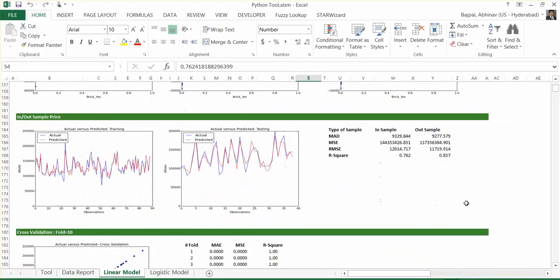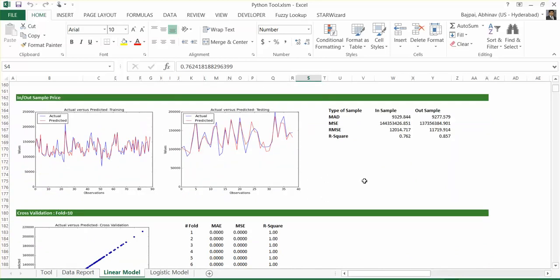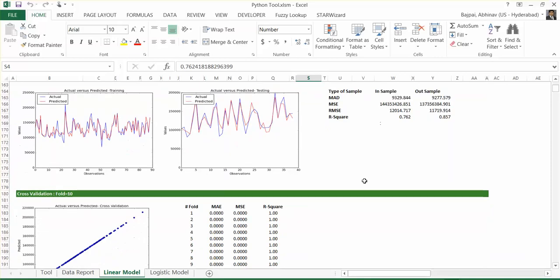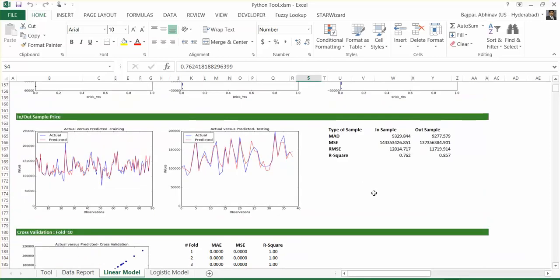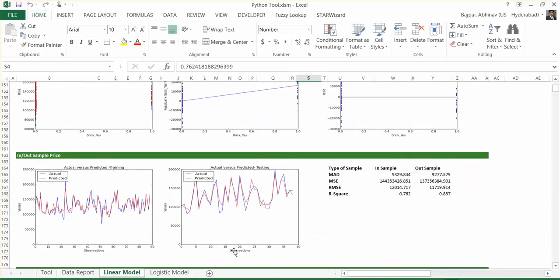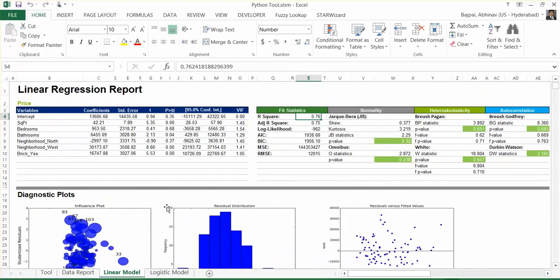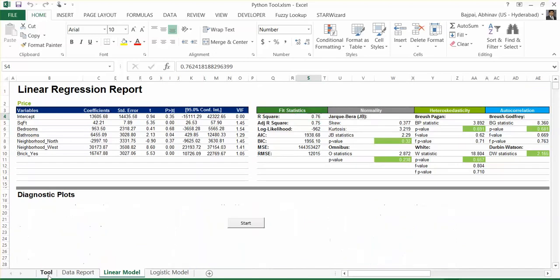So far so good. This is a very good example of integrating Excel with Python, utilizing all the resources that are available, machine learning algorithms that are present in Python, and bringing all the reports directly into Excel. And we also see in this case in-sample and out-of-sample have done very well. That's good. Now the focus for us is to understand that we can integrate both Excel and the Python language and bring out some kind of tools. Now we will look at another set of